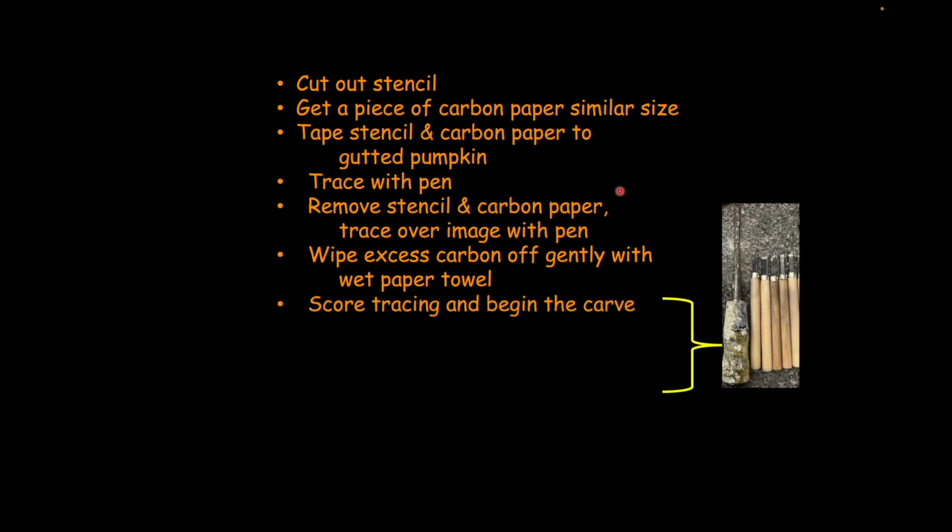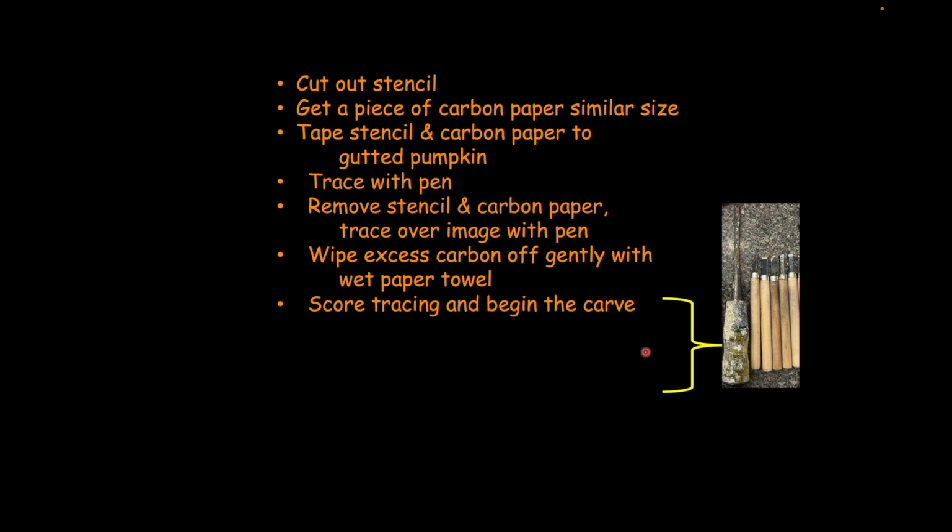Then you'll use these chisels and knives to score all those tracing lines. So you'll just, like you would do with a pen, go around with the edge of one of these, usually one of these sharp ones that comes to a point, and use that point to score, right? Just break through the skin a little bit, the rind, all the way around all those patterns. And then, and only then, you begin to carve.